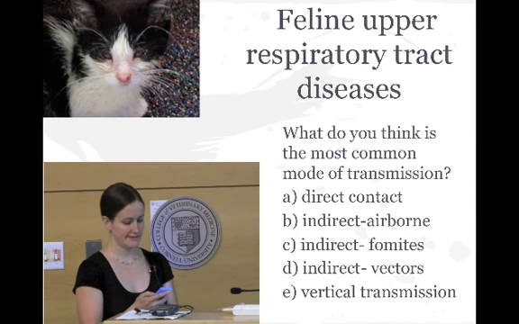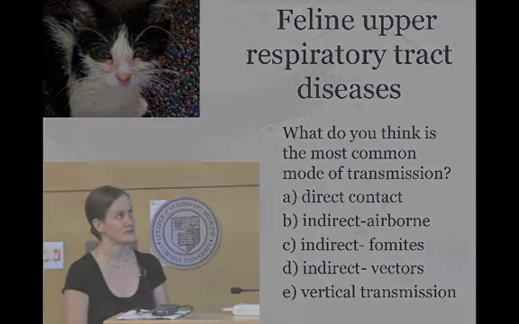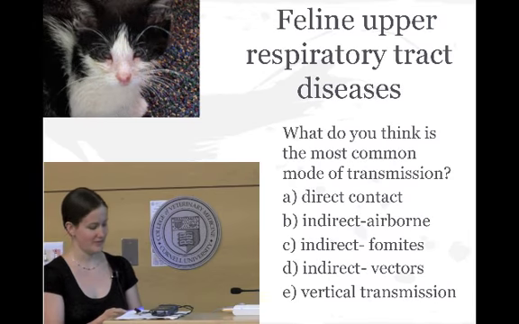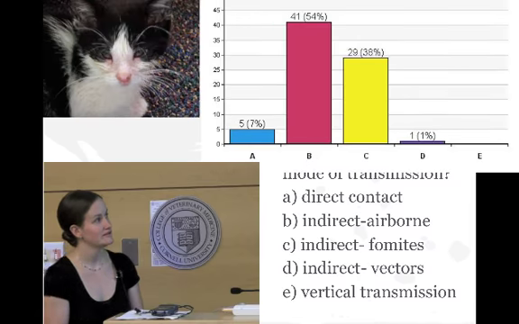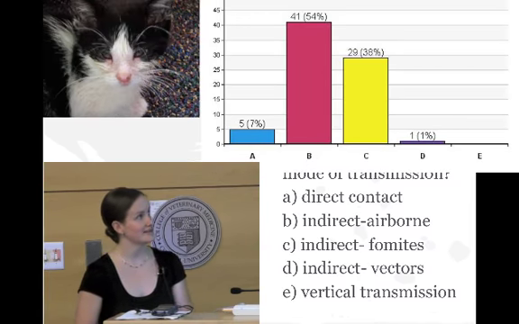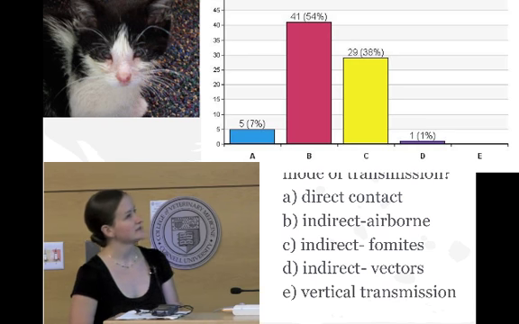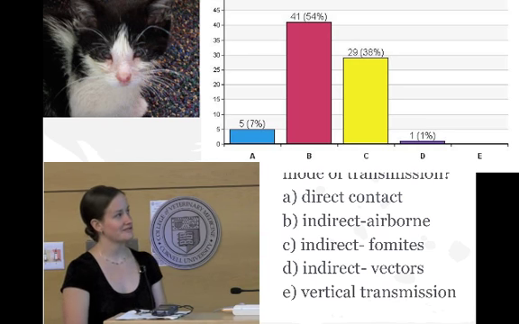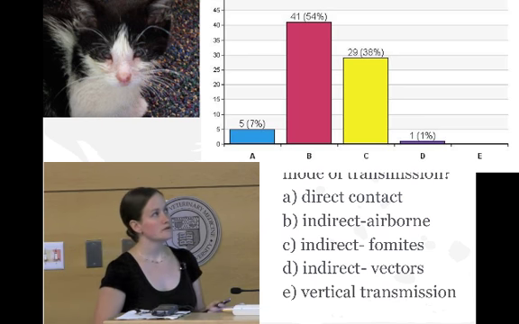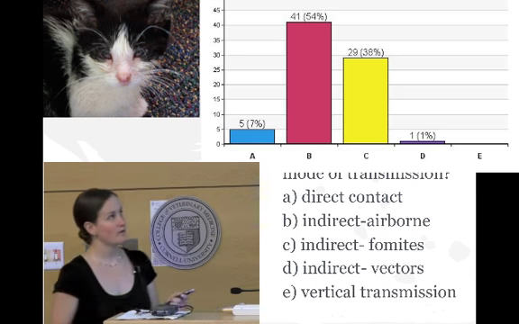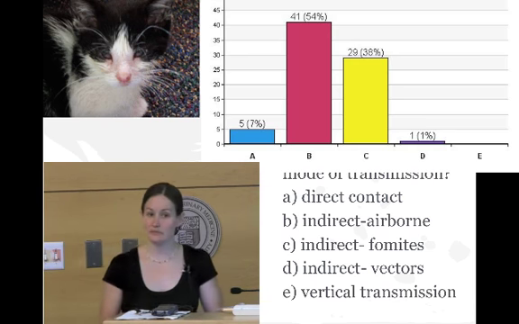So let's see what you guys think in terms of most common modes of disease transmission. All right. Let's see what you guys had to say. Very good. So 7% direct contact, 54% indirect airborne, 38% indirect fomite, and 1% indirect vector. So pretty good. One thing I want to take a chance to clarify is that airborne and droplet transmission is